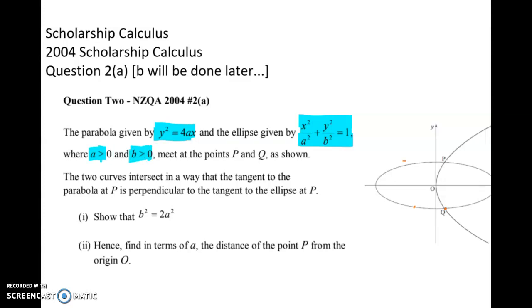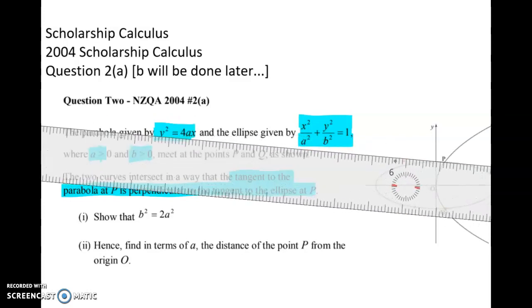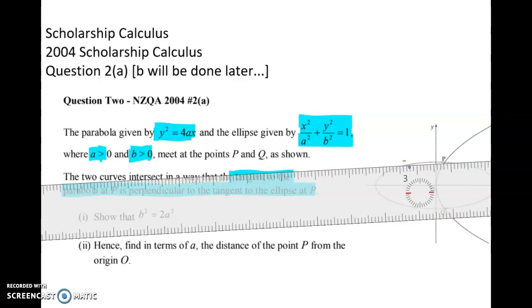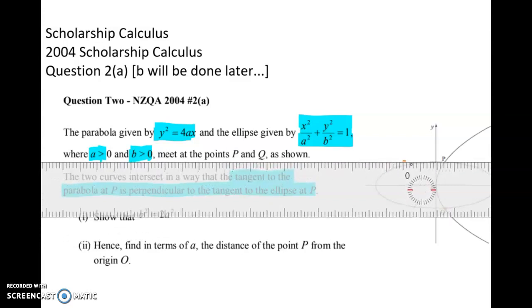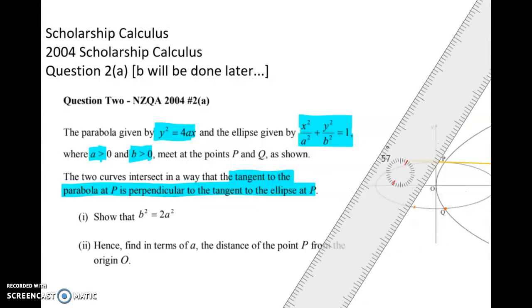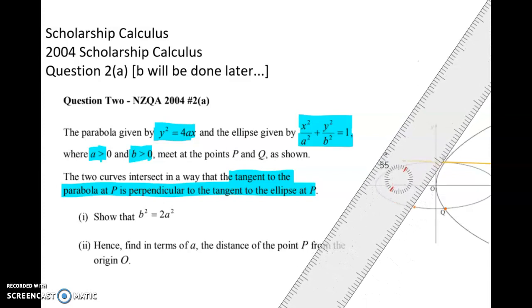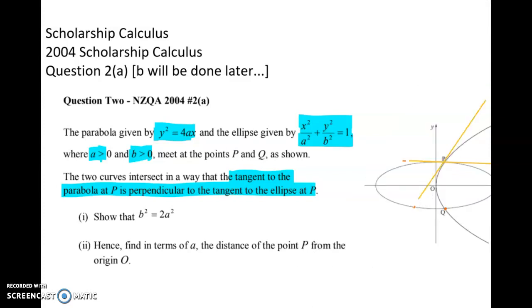The curves intersect in a way that the tangent to the parabola at P is perpendicular to the tangent to the ellipse at P. So Q doesn't actually come into this question at all. So let's have a wee look at what's going on here. It's going to be tipped very slightly in that direction. So I'm going to try and draw in the tangent line. And you can see that what's drawn is not accurate, right? Because the way I've drawn that, the tangents aren't perfect, they're not perpendicular. But I want you to imagine that we've drawn an ellipse and a parabola such that they are perpendicular